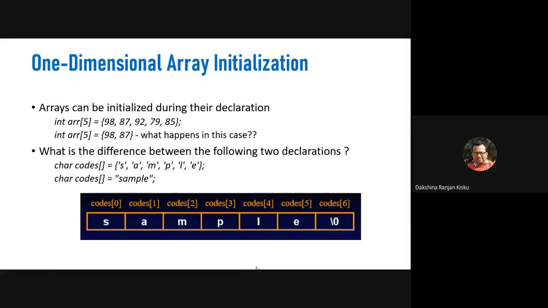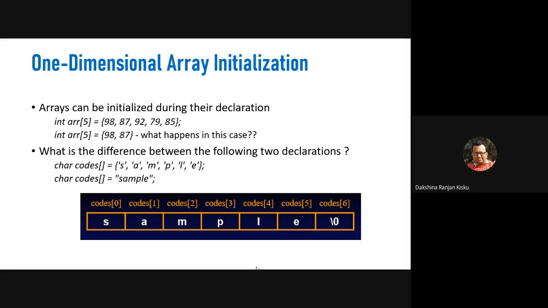Have you tried this type of one dimensional array initialization, where we write the dimension of the array, but we write a number of elements which is very much less than the dimension of the array? For the remaining positions of the array, it will take either a garbage value or 0.